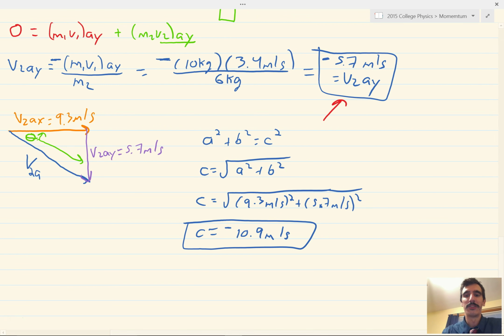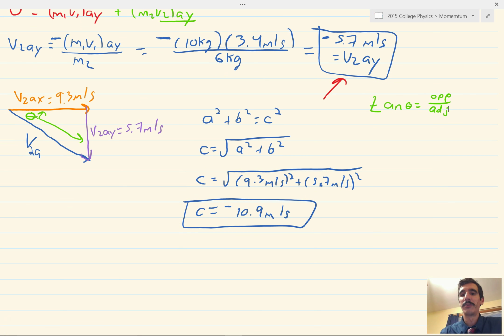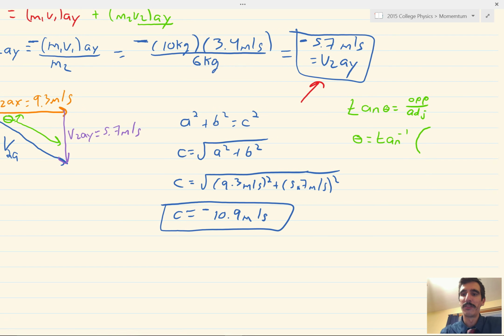Opposite over adjacent is tangent. So tangent of theta is opposite over adjacent. And that's right in your reference table if you forget that. To solve for theta, we have to do arctan, or the inverse of tangent. So theta is tan negative 1 of opposite over adjacent. We'll plug them in right now. Opposite is 5.7 meters per second. And the adjacent,